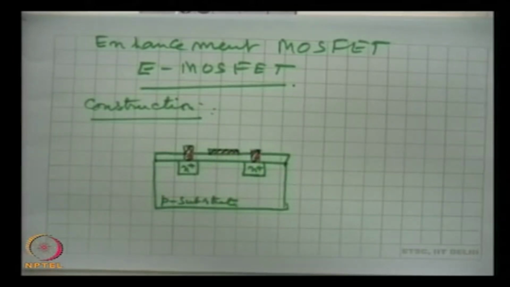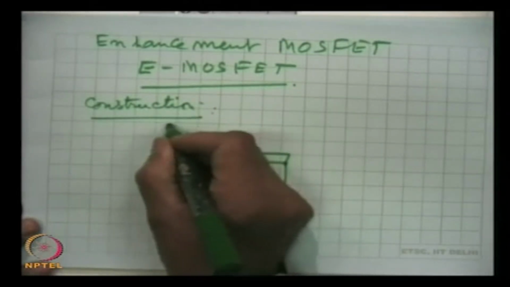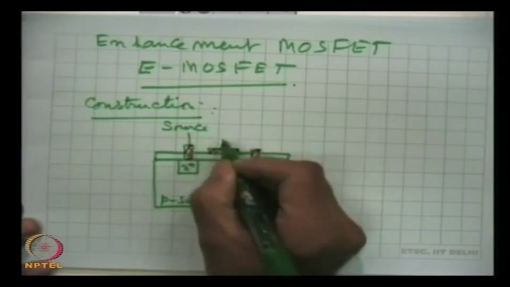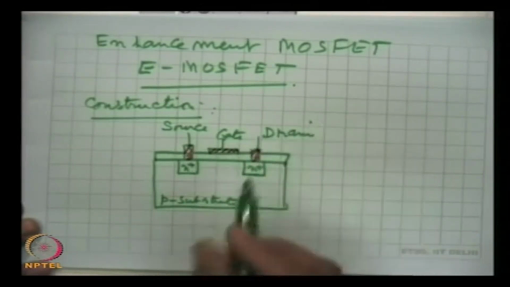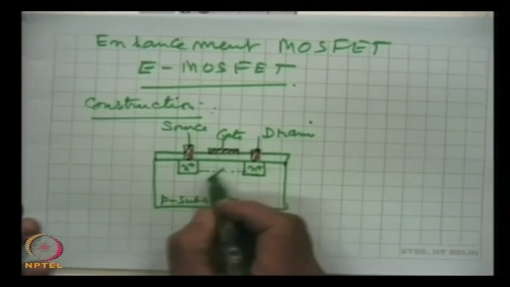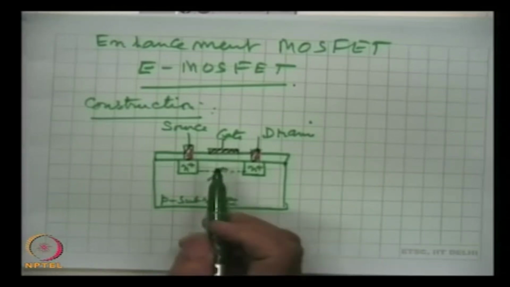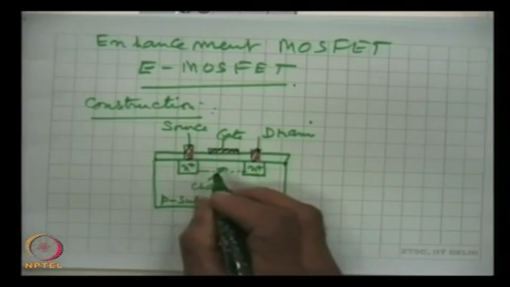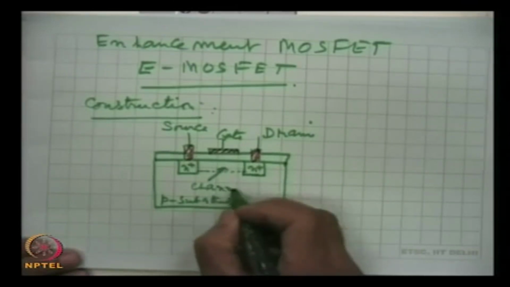These are the metallic contacts, and this is source, this is gate and this is drain, and this is the channel region, but there is no channel. Remember, in enhancement MOSFET there is no channel initially which exists in the device. So, at the fabrication time there is no channel, and so this is channel region. A channel, we will just talk how the channel will be formed. It is formed in this region. So, this is channel region,